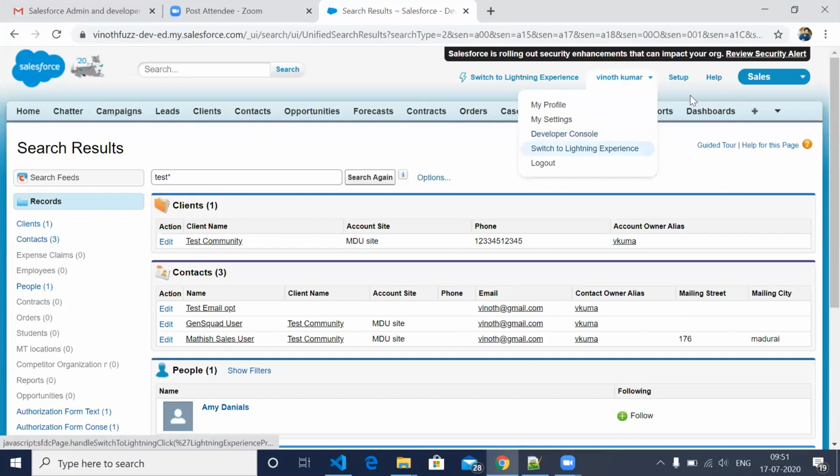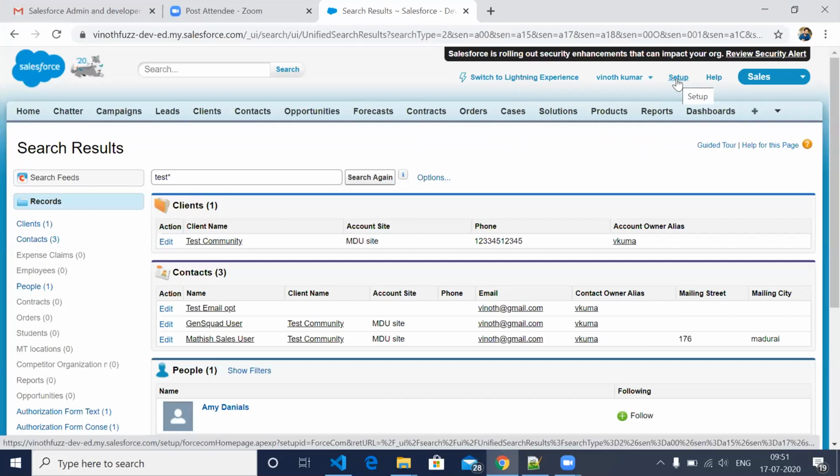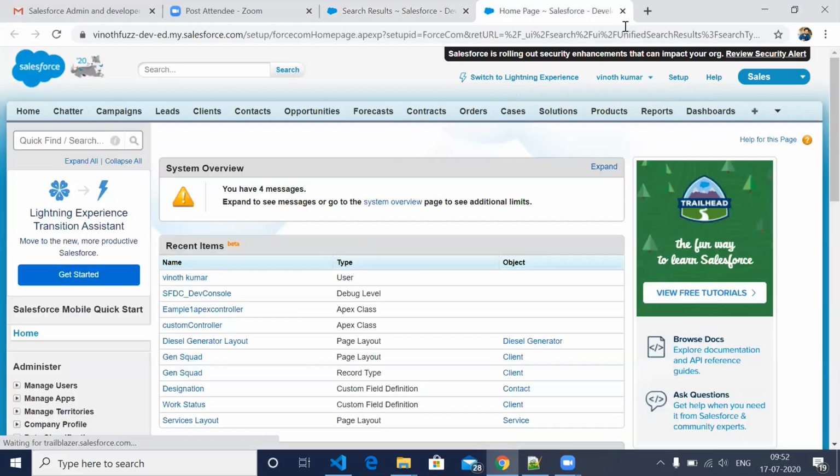This is for logout. So here we have the setup button. This is the button you are going to click all the time. I used to click it 1,000 times per day, because this is important and everything will be here. When you click on this setup button, you will find this search box on the left side.